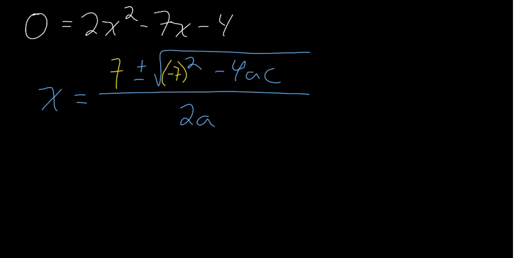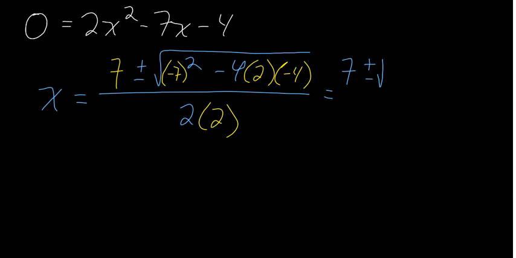And then minus 4 times a times c. So a is 2, and c is negative 4, and then multiplied by 2, and then 2 times a down here. Well, 2 times a being 2, so we've got this. Okay. All right, nice. Now we can say 7 plus or minus the square root of,